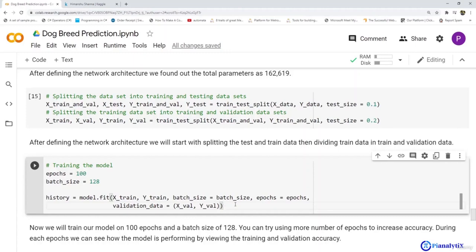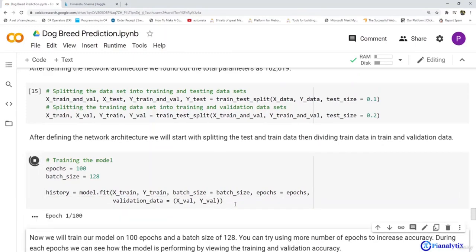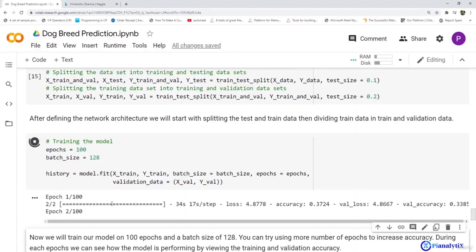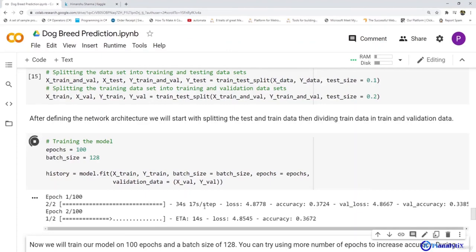You need to be very patient about it because it will take a lot of time. As you can see here, each epoch is taking around 17 seconds. The first epoch has taken 34 seconds.